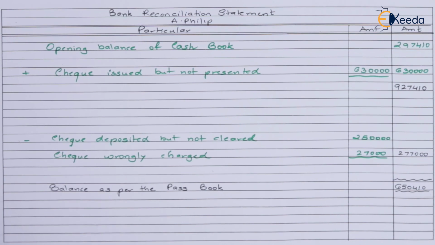Every time you go ahead and prepare the cash book or adjusted cash book, you need to make sure that the items that are supposed to be a part of the adjusted cash book will never be a part of the bank reconciliation statement. Now, this is how the ideal adjusted cash book needs to be prepared. So please make sure that this is the format that is supposed to be followed whenever an adjusted cash book is supposed to be prepared, or at any point of time you have to go through an adjusted cash book